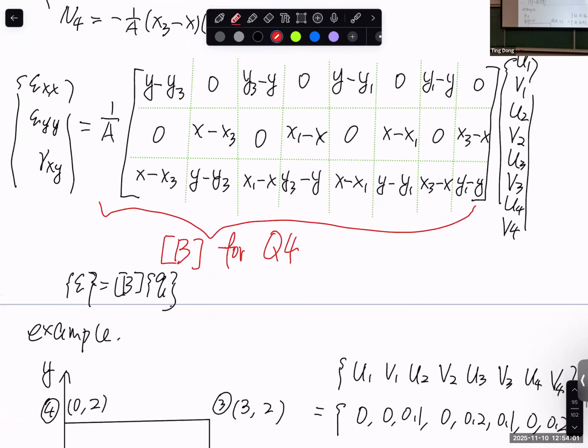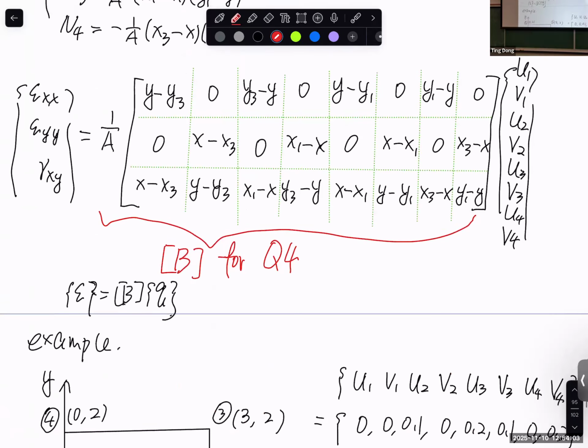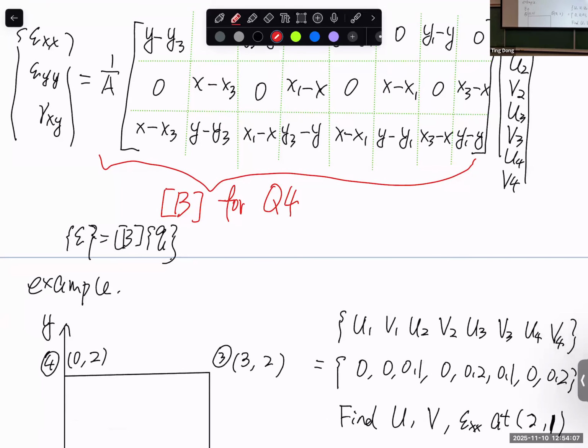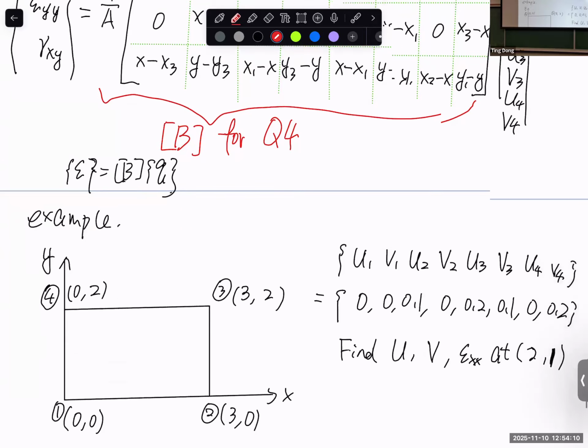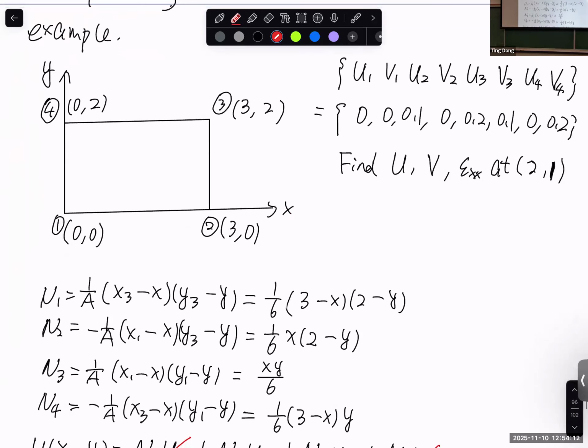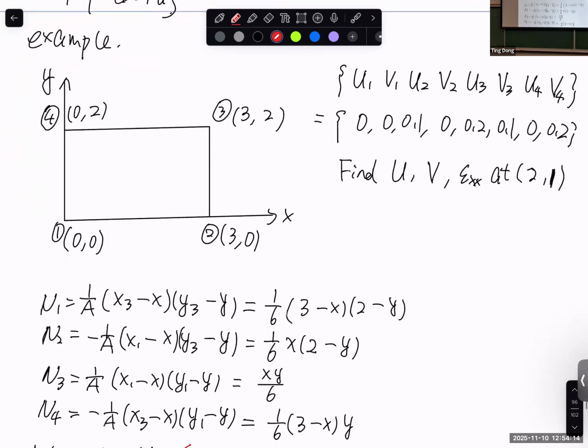And this is the B matrix for Q4. It does contain the variables X and Y, which makes it a more advanced element than the CST element. And we did one example. Basically, if we are given the nodal degrees of freedom,